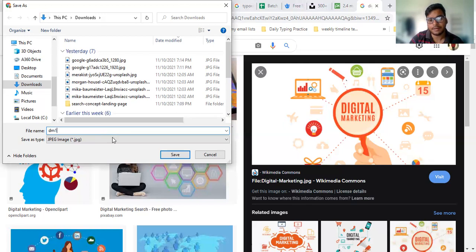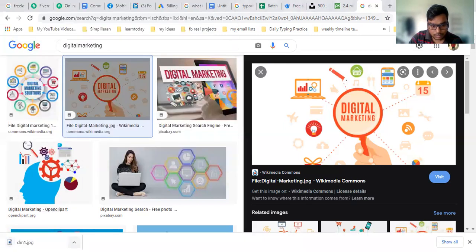You can give any name to the image and click on save. The image is downloaded, and you need to click on show in folder. The image goes where you saved it. I saved the image in the download folder. Okay, let me open this image.